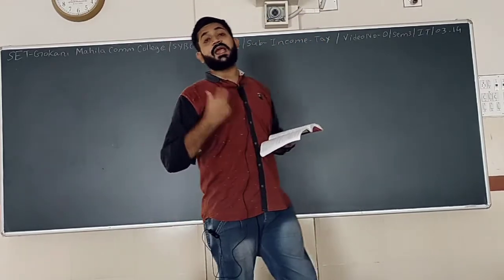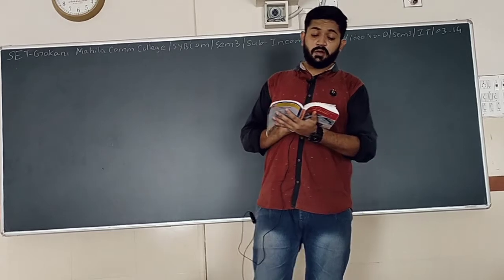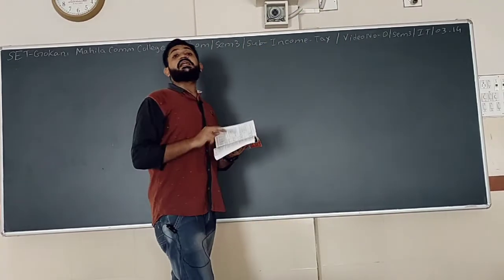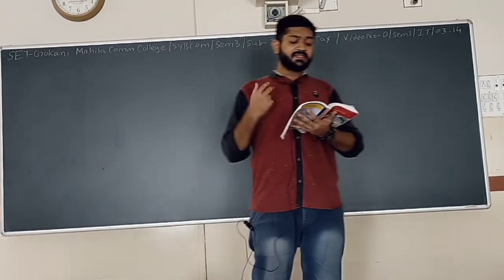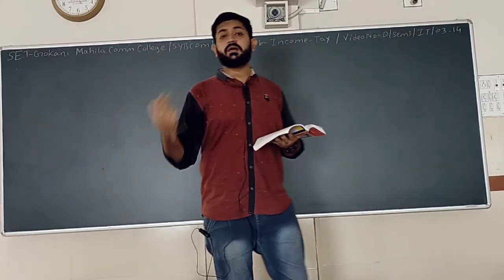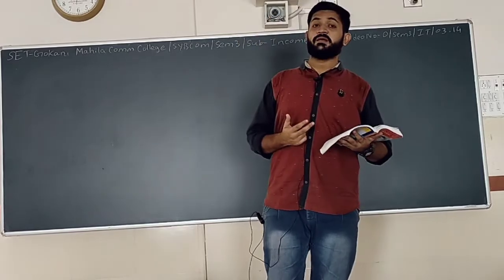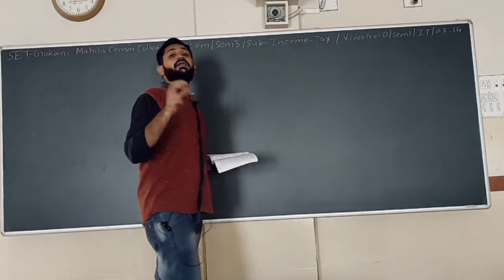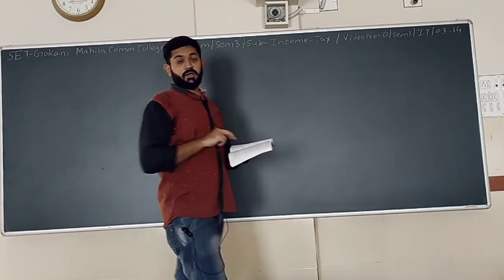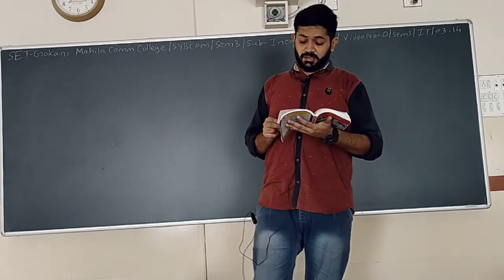So for that purpose we are going to calculate the value of the houses. First we are going to calculate each and every house as a deemed let out, and the second part we are going to solve as self occupied. So out of the various conditions, various combinations, that we have discussed in the last lecture, there are total